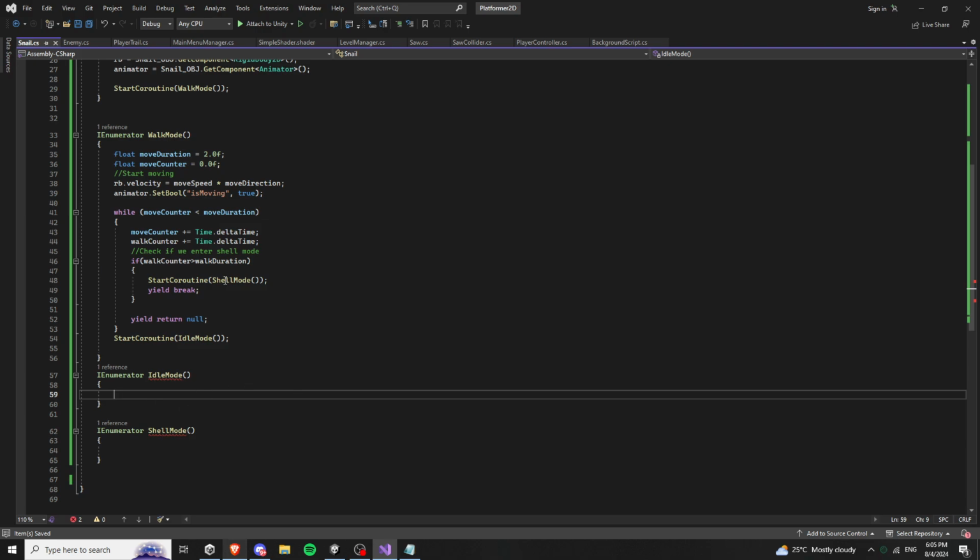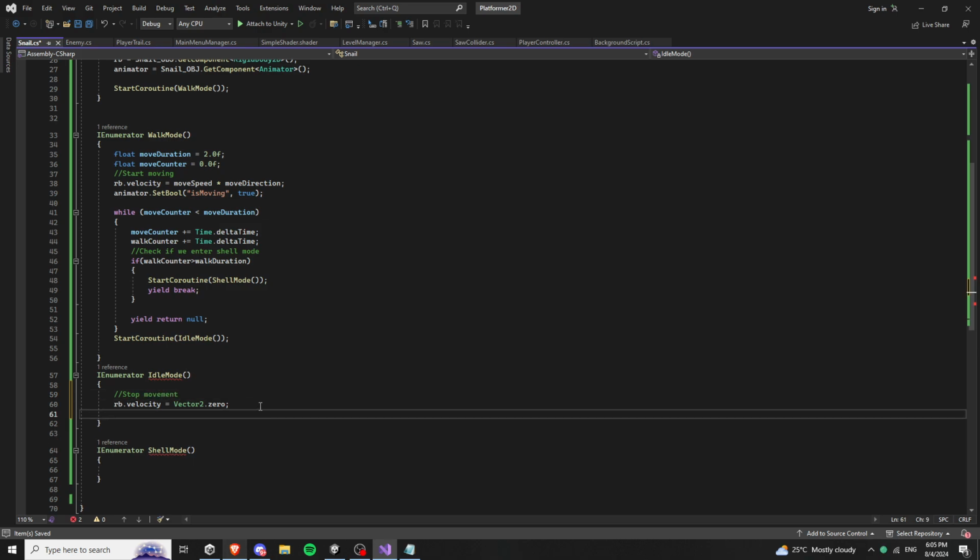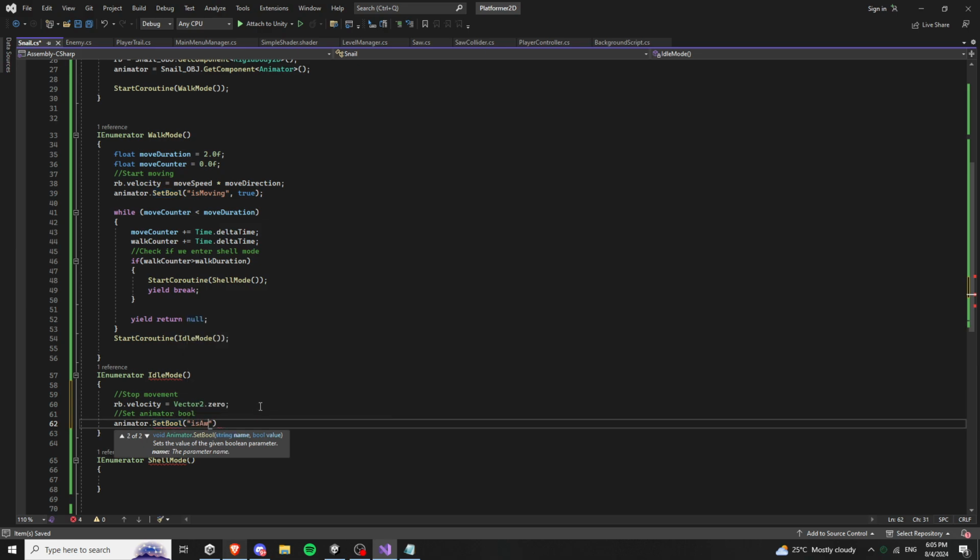So in idle, the movement will be 0, which is vector 2 0. So let's comment this, stop movement, set animator bool, animator.setBool is walking to false. Okay,